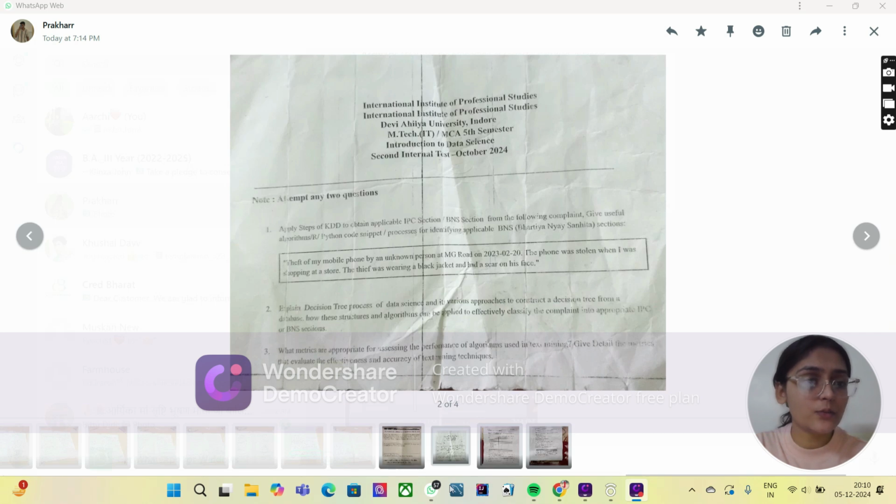Algorithm for decision tree construction. Recursive partitioning, a greedy algorithm that recursively splits the data into subsets based on the selected features and splitting criterion. Dynamic programming, an algorithm that uses a table to store the optimal splits for each subset and feature combination. VD algorithm, an algorithm that selects the features and splits that result in the largest reduction in impurity or increase in information gain. Applying decision trees to classify complaints into IPC and BNS sections.